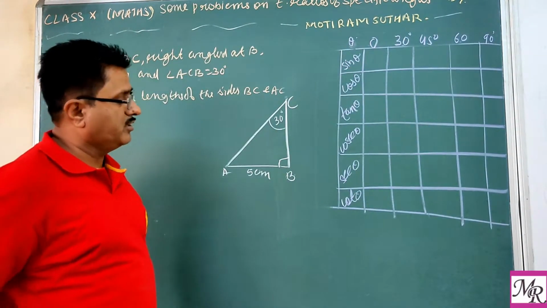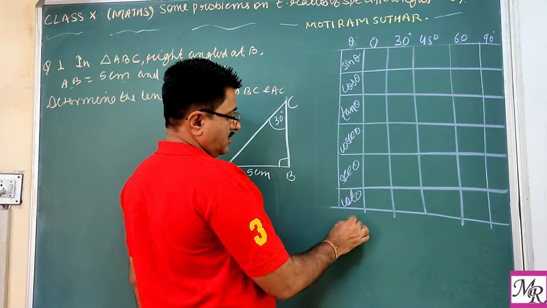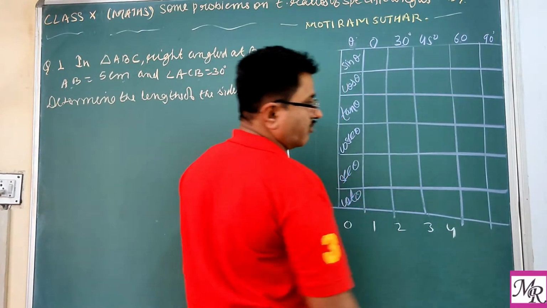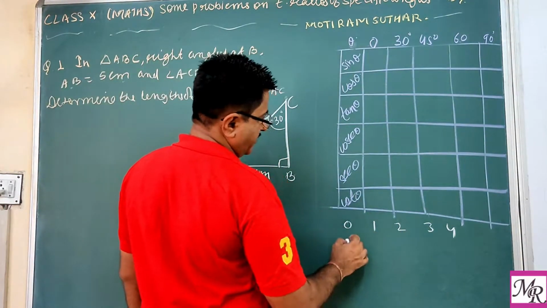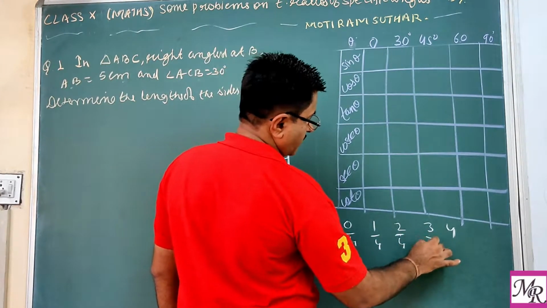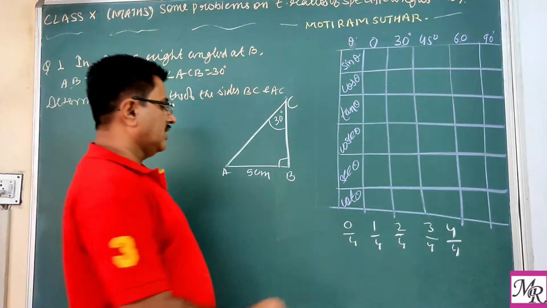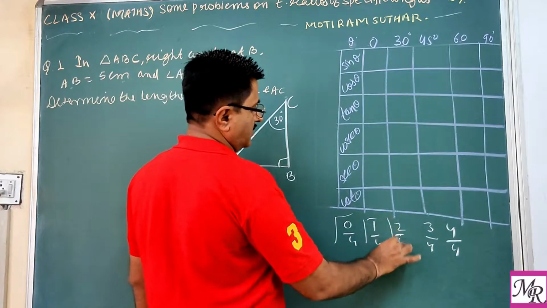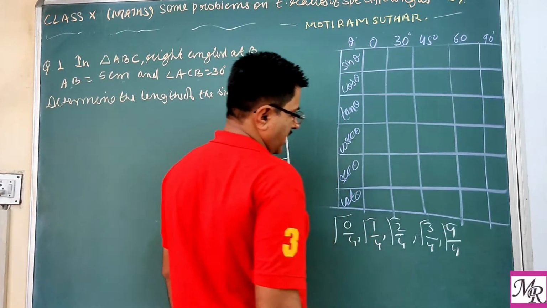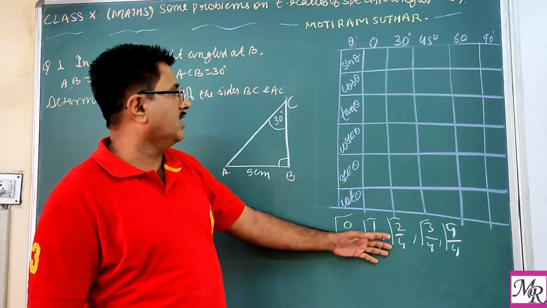So already we have seen the steps. If you do not remember, consider the whole numbers 0, 1, 2, 3 and 4. Second step, each one is divided by 4. So 4, 4, 4, 4 and 4. So we divide by 4. Then you take the root of each number. And then you simplify it and put the values here.